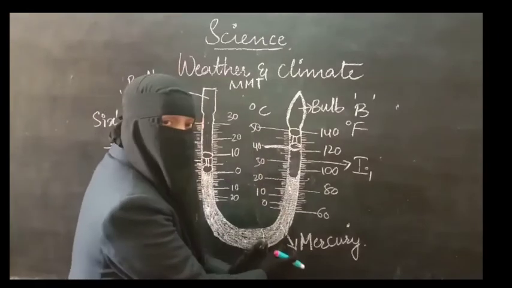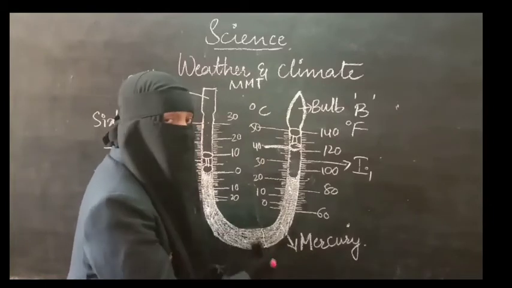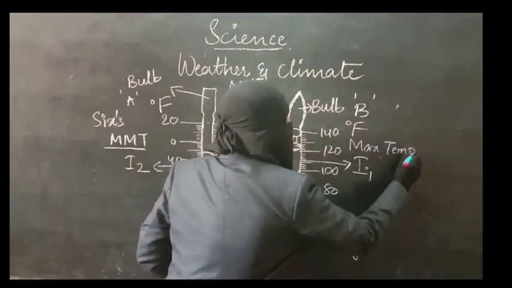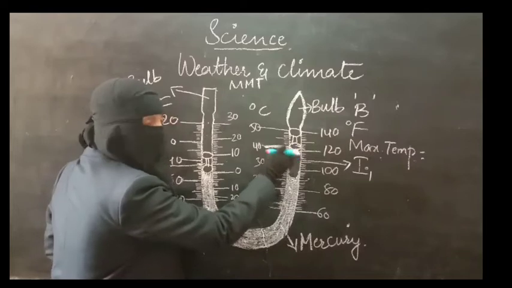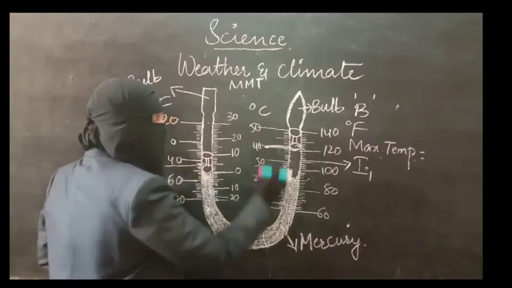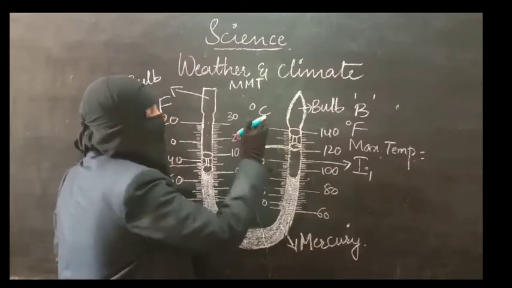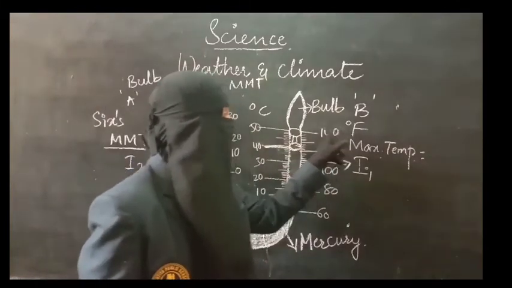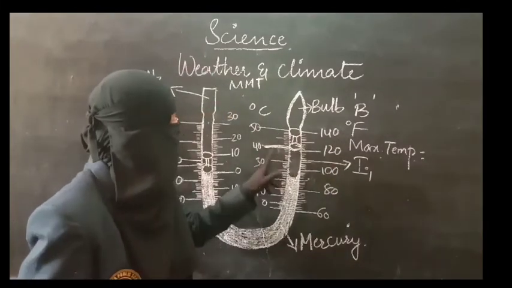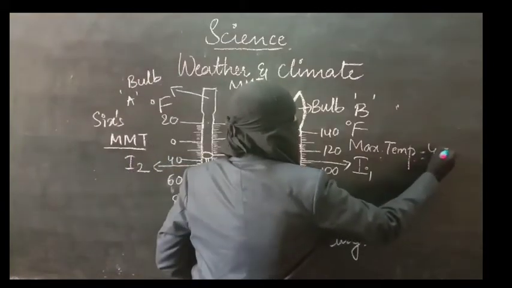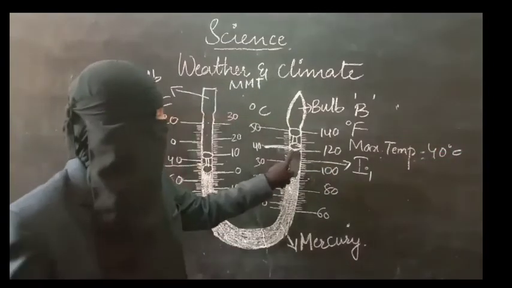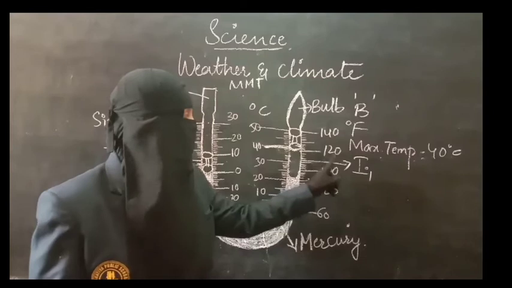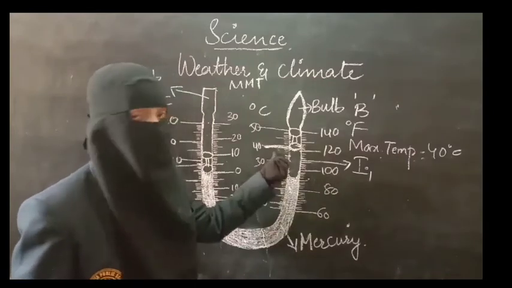So on this side, when temperature rises, that means when temperature is high, that means maximum temperature. What reading has this indicator stopped at? This down part you have to consider, not the upper one. So the temperature here is in Celsius. On this thermometer two scales are present, Celsius scale and Fahrenheit scale, so we can mark on both. So let us take this 40 degrees Celsius. What is the maximum temperature? Because the indicator stopped here, we have taken the reading, that is 40 degrees Celsius. In Fahrenheit it is 120 degrees, but let us take Celsius only.